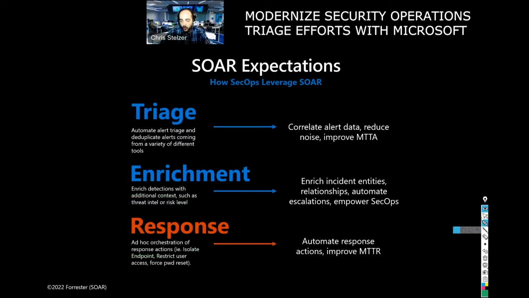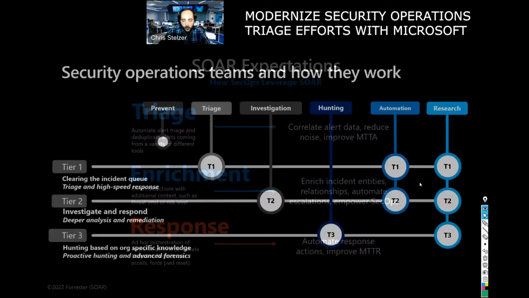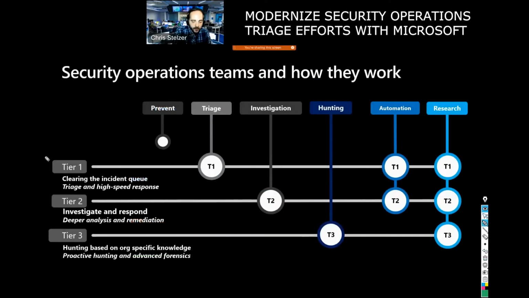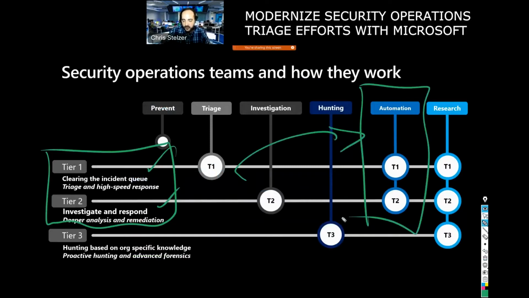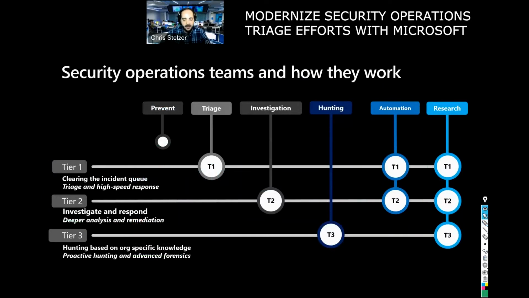If we think about where we want to drive automation and SOAR capabilities through security teams, one of the big ones is around tier 1 and tier 2. Their goal and their job is to work on clearing that incident queue and providing deeper analysis and remediation. The goal of those tiers should be to drive as much automation as possible through them. So, helping clear that incident queue, helping triage the incidents that come in, helping gain additional pieces of information to ensure those security analysts have everything they need to make decisions on those incidents.